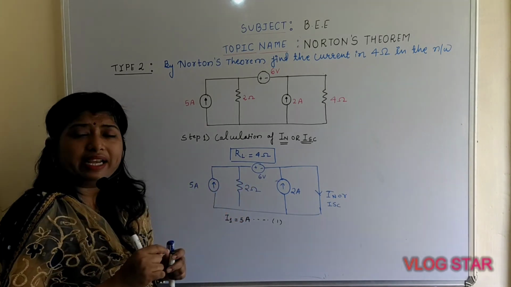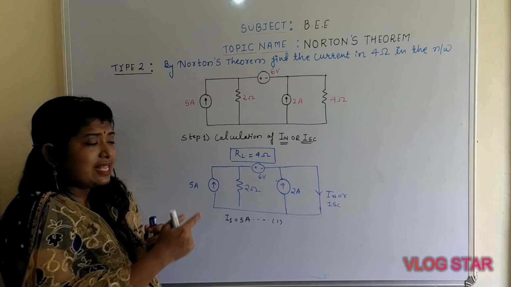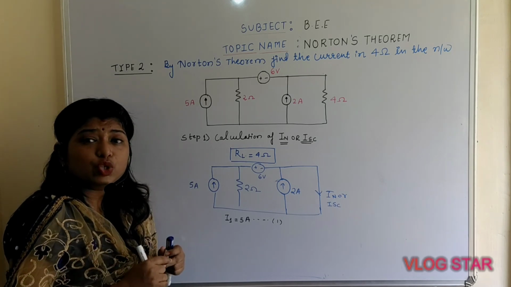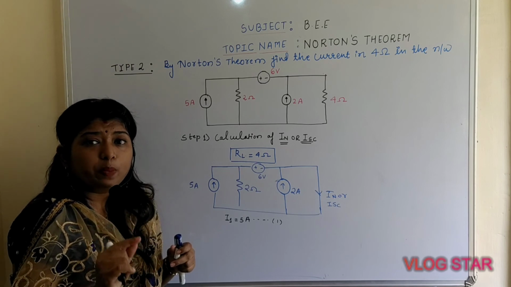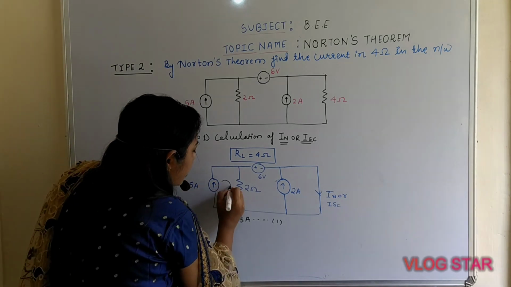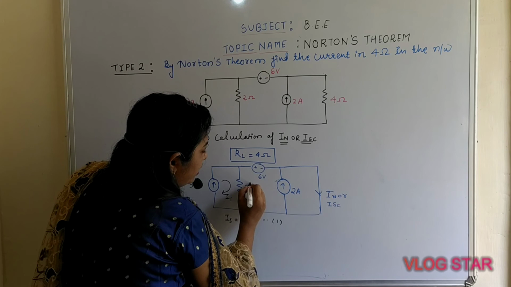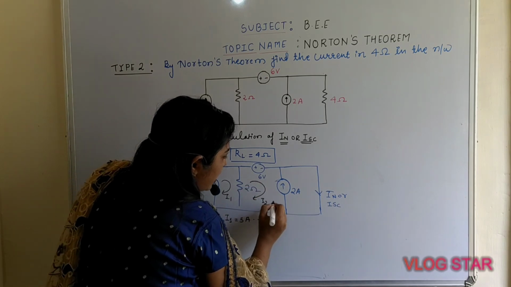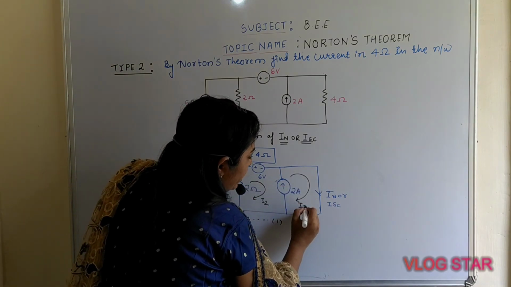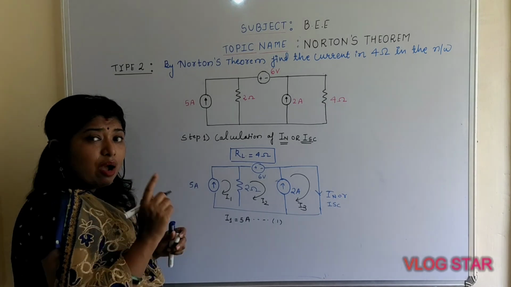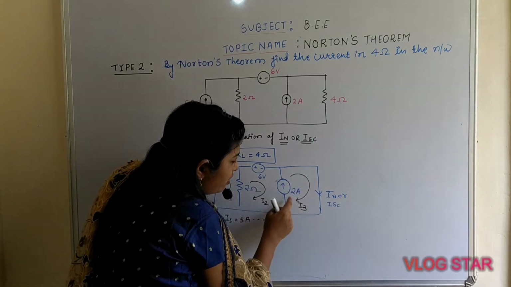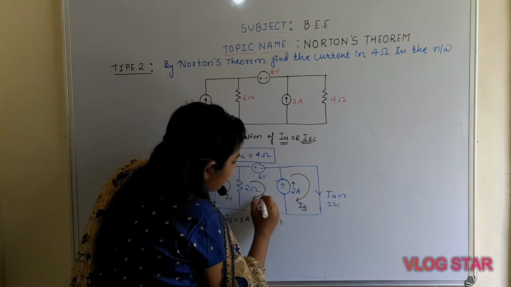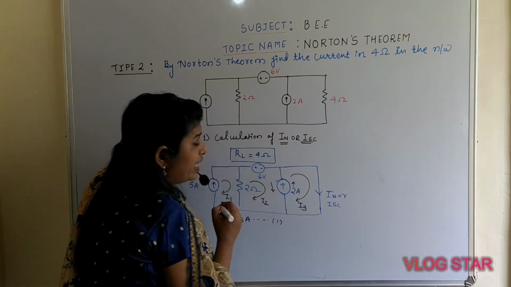How are you going to write down the second equation? As the given example is related to the supermesh, you have to write down the equation for the supermesh. So let's consider the current flowing through mesh 1 is I1, the current flowing through mesh 2 is I2, and the current flowing through mesh 3 is I3. Now this is the given equation of the current. Now this current will flow in the upward direction. This current will flow in the downward direction.